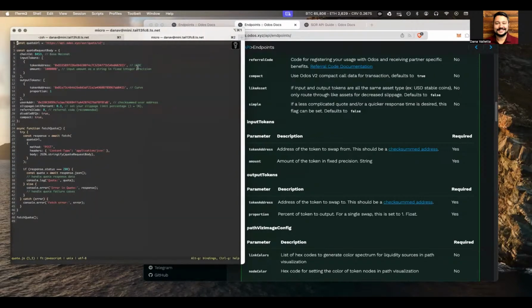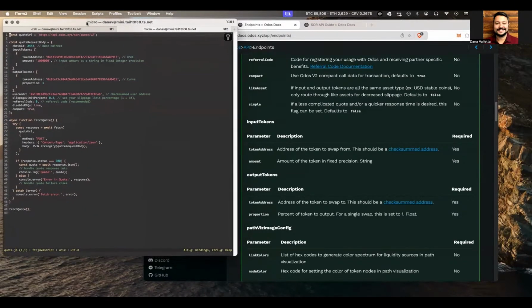Okay, if we were to take a look here, again, the API is extremely intuitive, straightforward, and easy to use. We simply need to define our chain ID, our input tokens, the amount, fixed integer position, okay, the output tokens, the proportion, if you were to use a multi-output swap, then you would use this parameter to break that output into equal proportions.